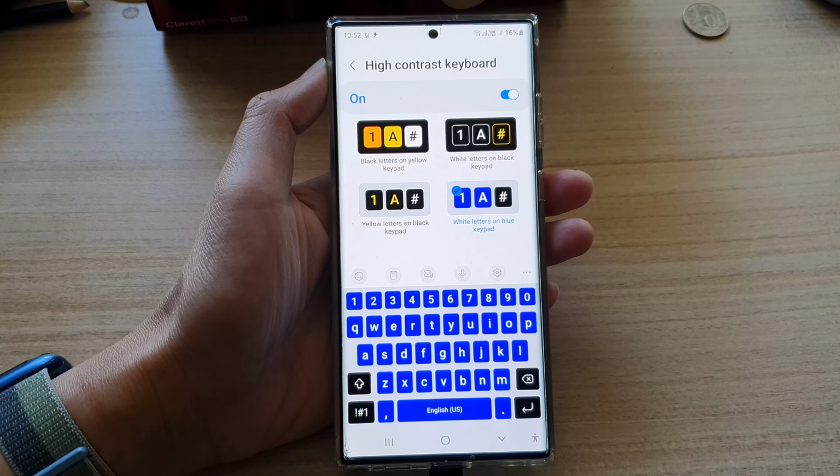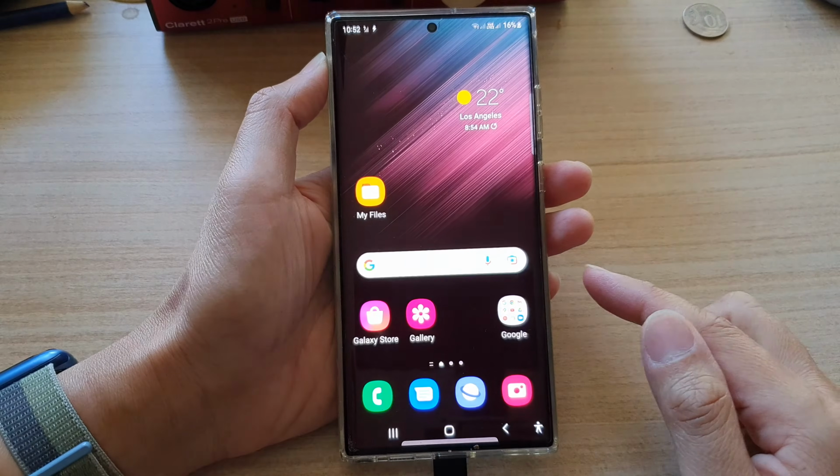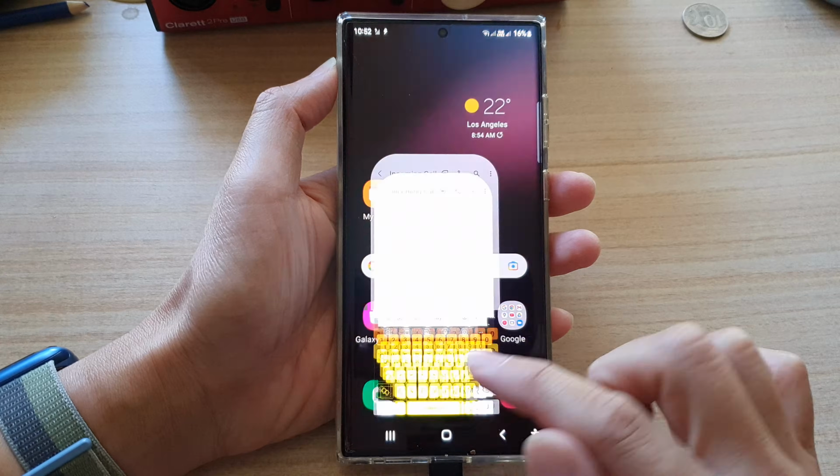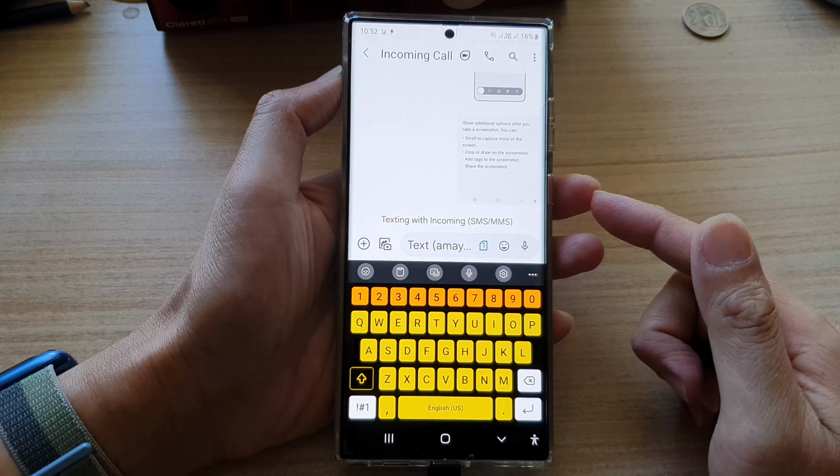So select one of the options and then you can tap on the home button to go back to the home screen. Now if we open up the keypad, you can see now we have a high contrast keyboard on the Galaxy